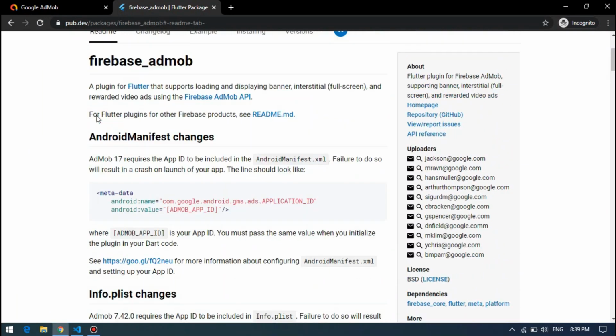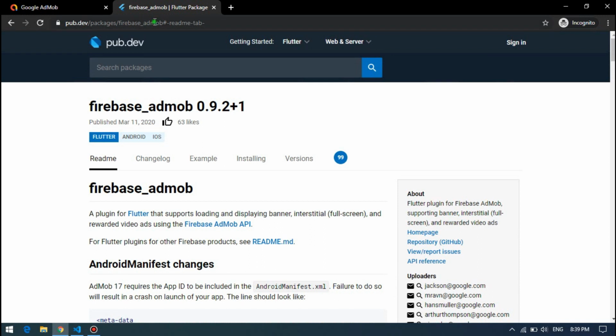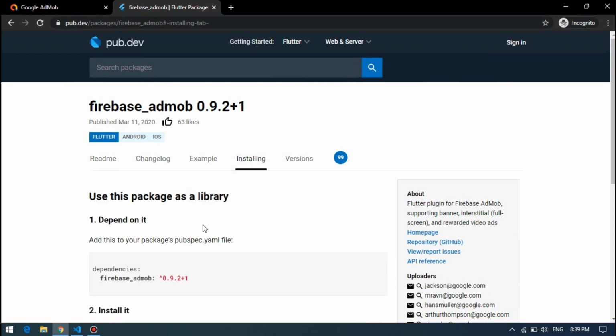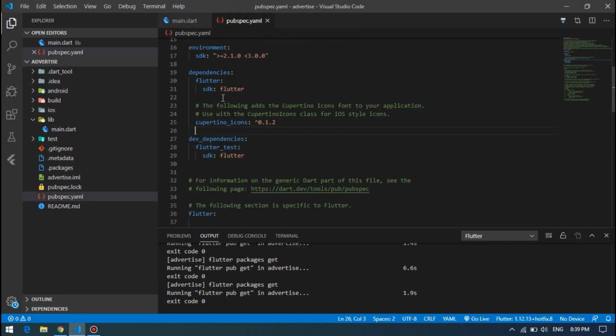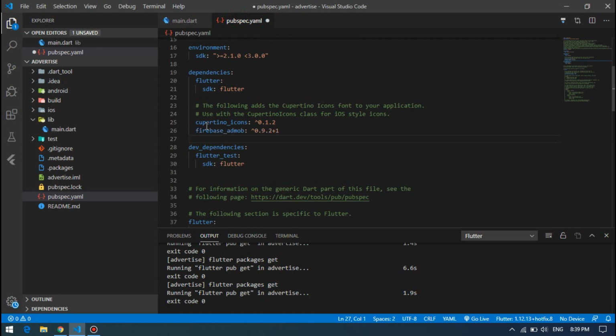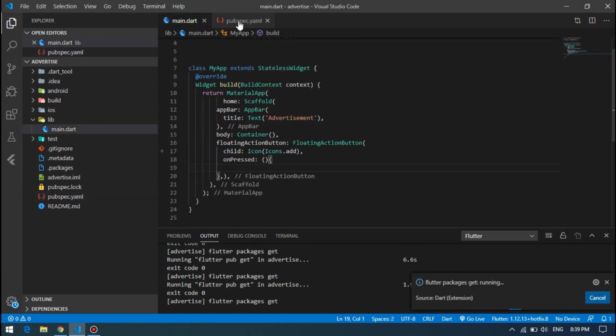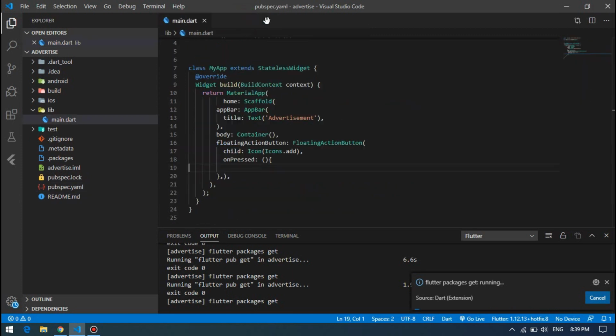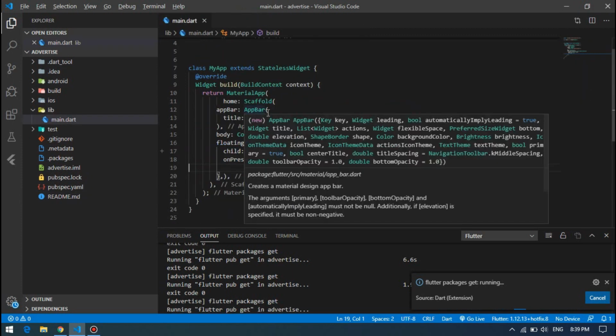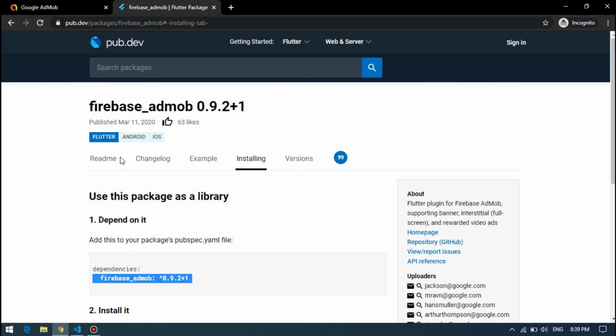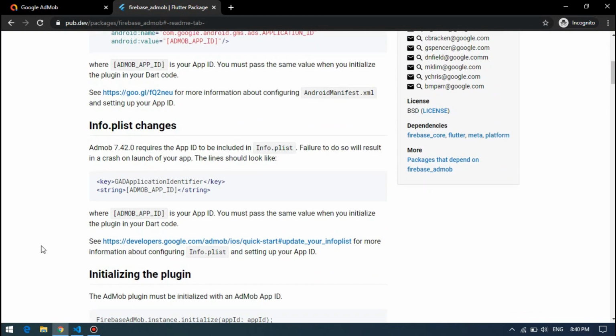First, you have to come to this website, Firebase Admob package by Flutter, and copy this, add it in pubspec YAML under the Cupertino and save it. Then you can close this pubspec. Then after that you have to come here,